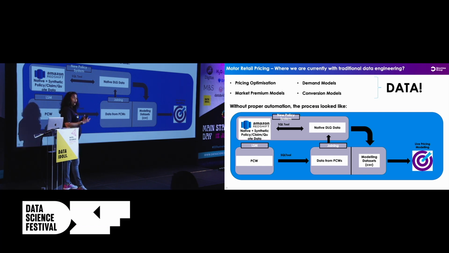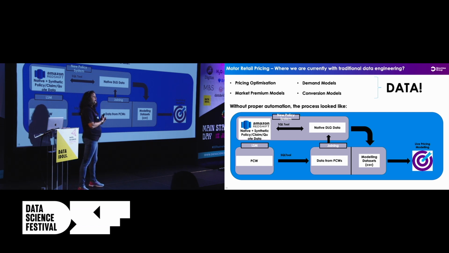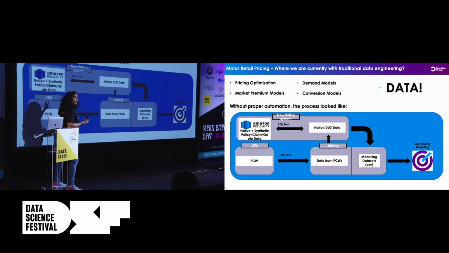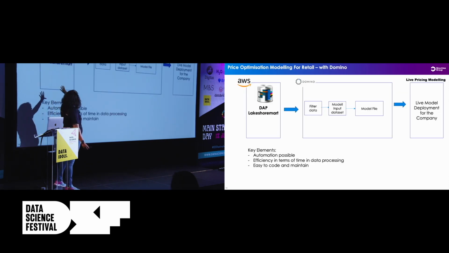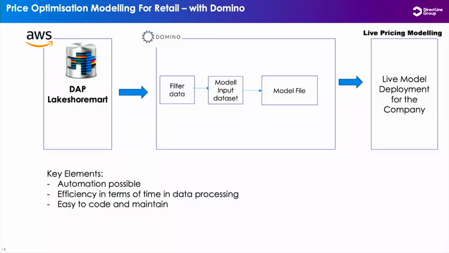And that was the main goal of the data engineering function where I was working within DLG, because with this platform, the objective was to bring the data to one system and probably cater to needs where people have to go to two different systems, merge things together, and automate it. So even with pricing, where we had to do processing of the data into two different systems and merging separately, we came up with this time, we wanted to also introduce our data science platform, the new data science platform, which we have selected as Domino,